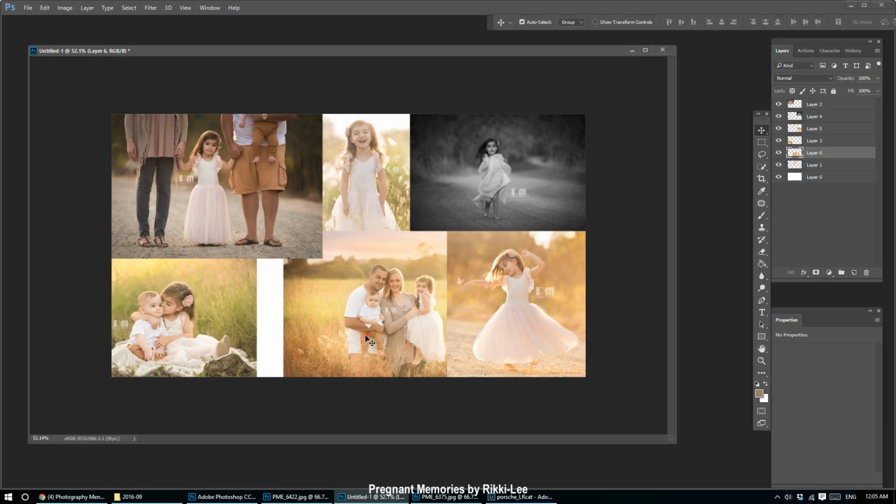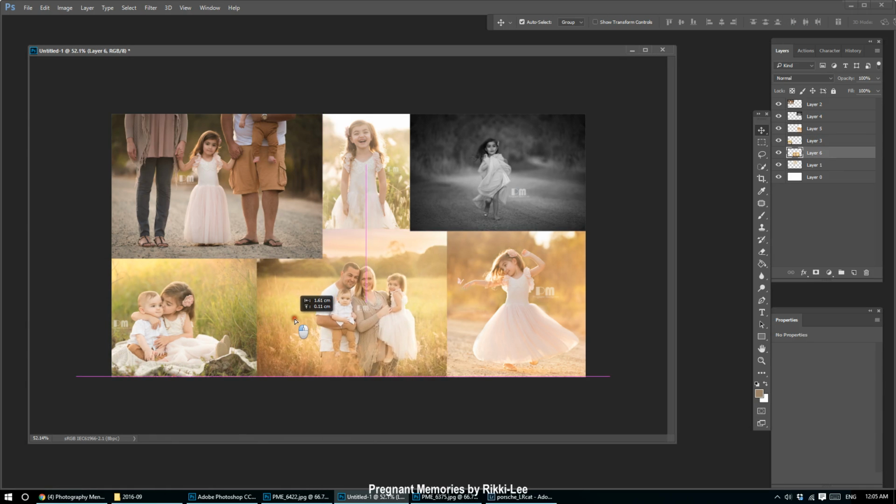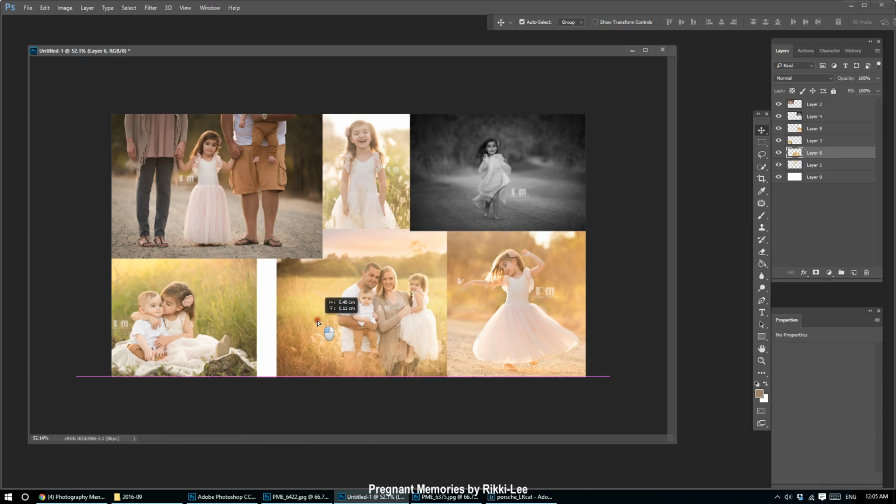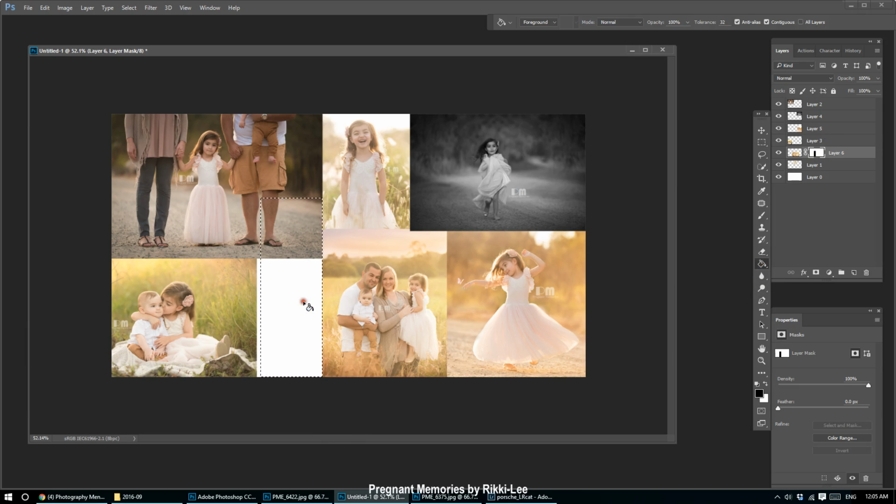and move it to the side, and then I can get this one. What I'm going to do is create a mask. So I've got my photo selected, I'm adding a layer mask. I'm going to line up with that photo here, and I'm going to color that black. I'm also going to do the same thing with this photo. Being careful where I cut it off